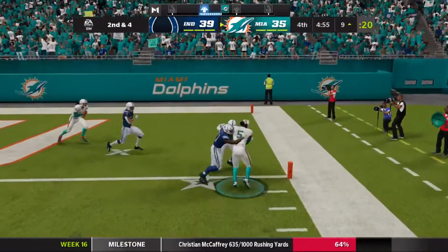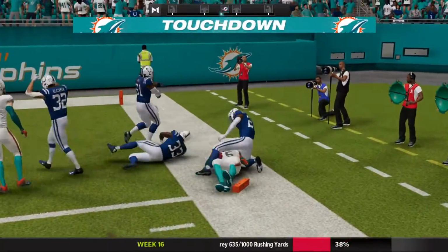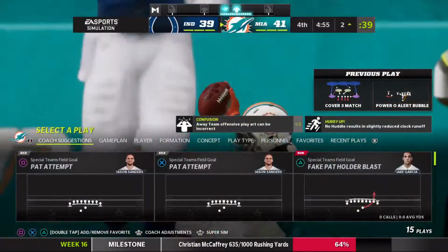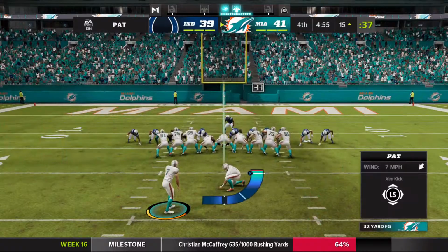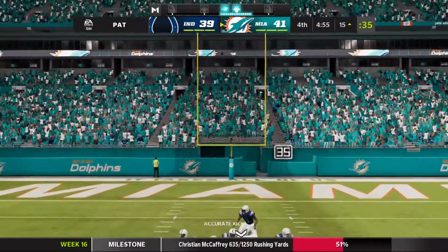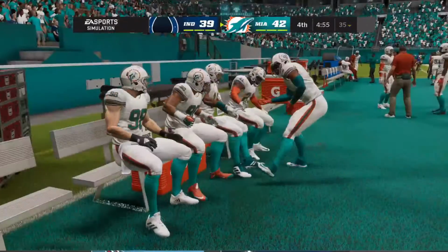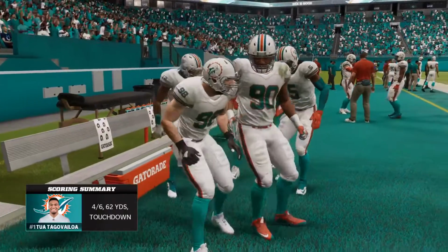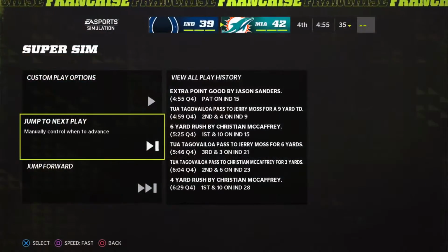Tua with a quick throw, caught out wide. Touchdown, Dolphins! A great play there. His 2nd touchdown of the afternoon. And the Dolphins are going to jump back in front. Extra point up and good by Sanders. And that gives him a 3-point lead. So that would...